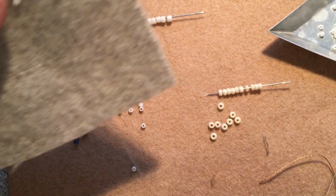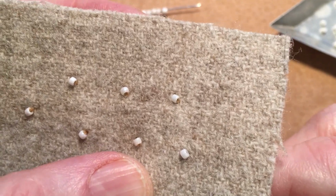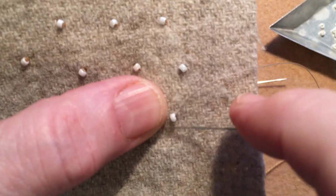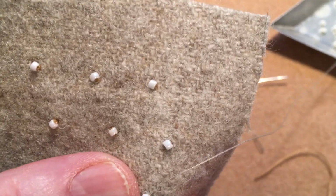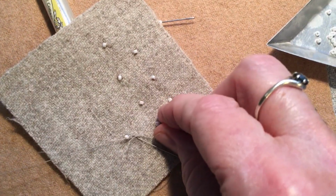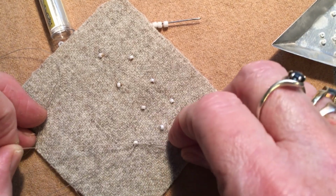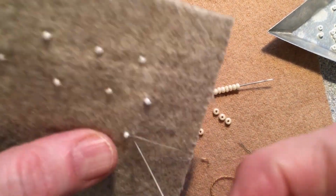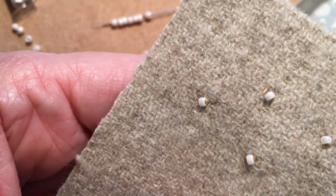You go from one, oops, okay, I lost that bead. Go from one to the other. This bead's a little skinnier. Oops, excuse me, let me get it back where you can see it. Okay. I've got a little dilemma here. Let me remove. I could pull the needle out, but I'm being really lazy. And if you pull really hard, a lot of times you can undo a spot without taking the needle out. I guess that says I've done it a lot over time. But anyways, so we did that. I'll do one more,